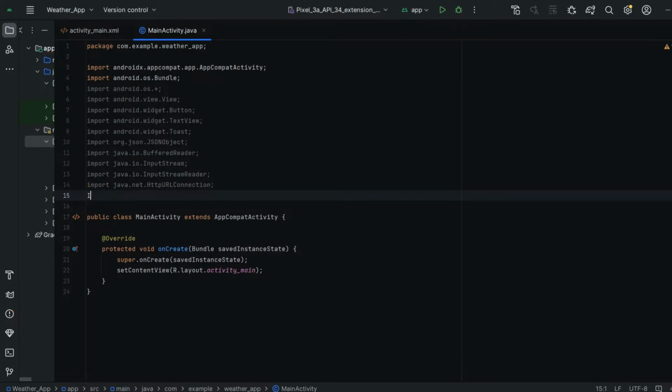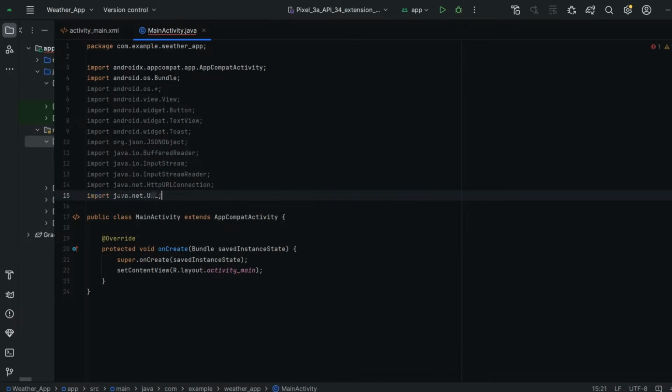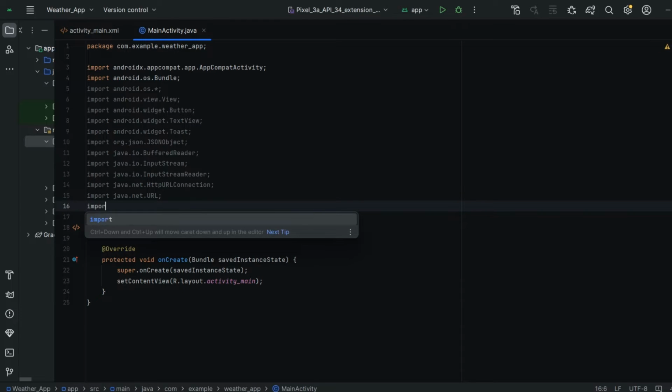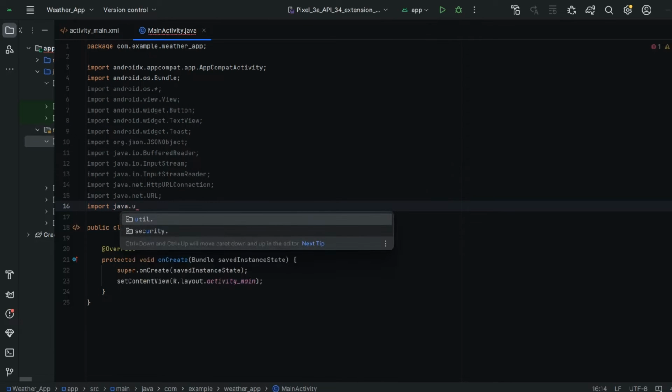Next, and also we need the URL package for reading the URL, import java.net.URL, okay. For taking the URL input and establishing the connection, we need this package, and this is the final package, guys. I think you are getting bored of importing these packages. You can copy them from my GitHub library, guys.